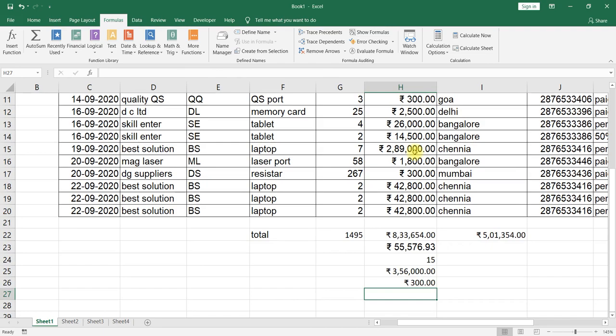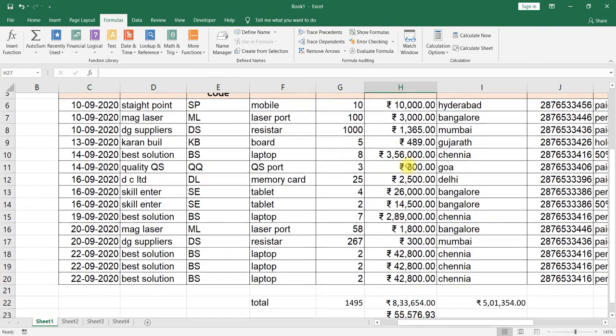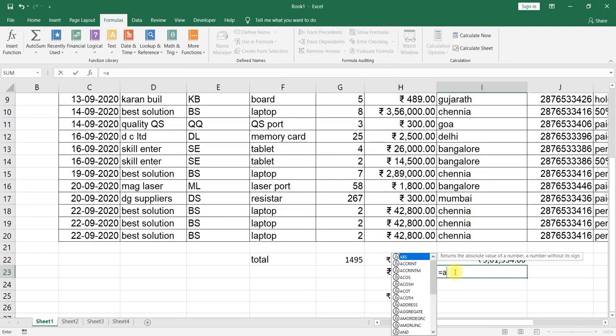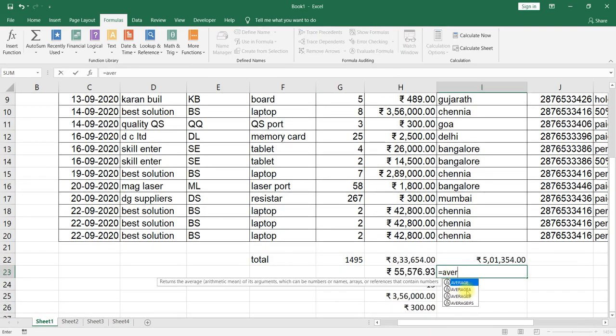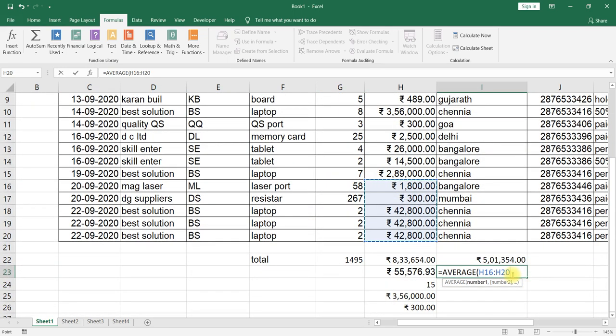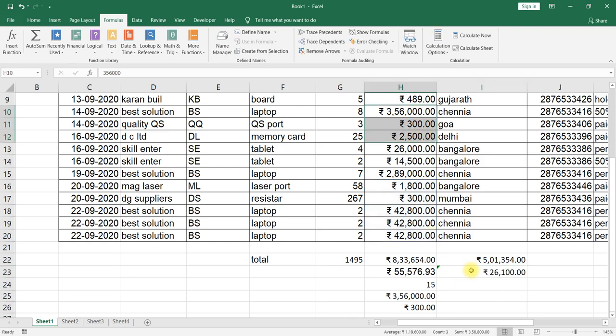Okay, similarly, if you are selecting partially, in the sense first half and next half, we need to separate by a comma. Equal to AVERAGE, double click, here half is selected. If you are not using a comma, what will happen? The earlier selection will be deselected when you select the cells again.